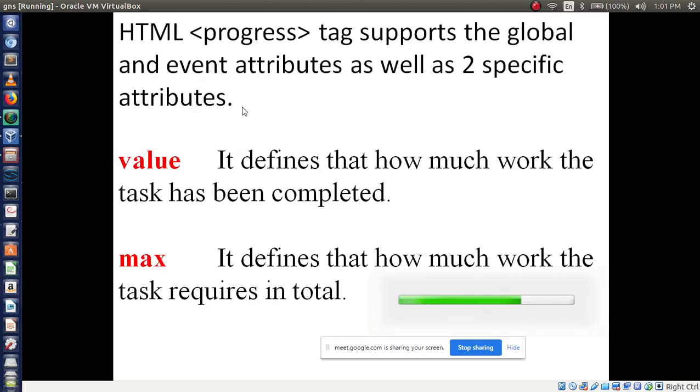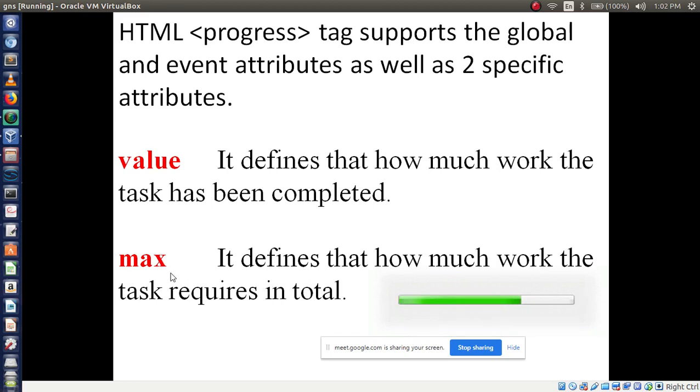Okay, in the progress tag we have two attributes, one is value, another one is max. Value defines how much work of the task has been completed. Max defines how much work the task requires in total.